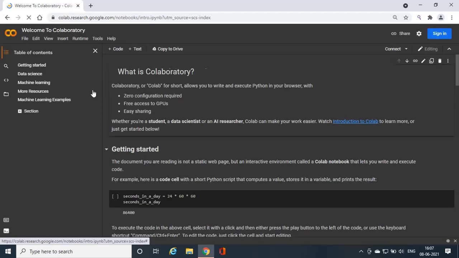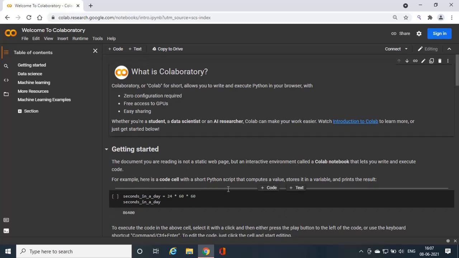So this is the home page of Google Colab, where you will land after selecting that option. And you can see on the page that it is mentioned what Colaboratory is. We have multiple definitions of Google Colaboratory and how we can get started with it. And as I've explained earlier, we can use this for machine learning, deep learning, and also for coding in Python. And again, this is the alternate tool to Jupyter Notebook.